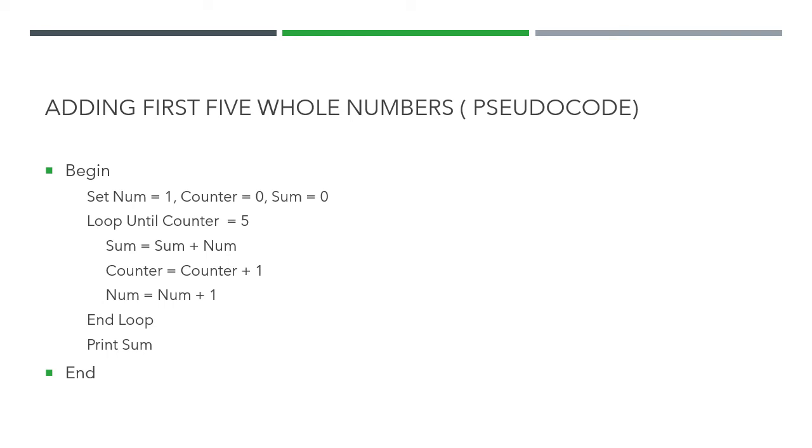Okay. Now again it will go and check counter equals to 5. So yes, counter equals to 5. So what will it do? It will end the loop. Okay. Once your loop is ended, it will go to the next step. It says print sum. Now what is our sum? It is 15. So it will print the number 15. Clear? This is called looping.